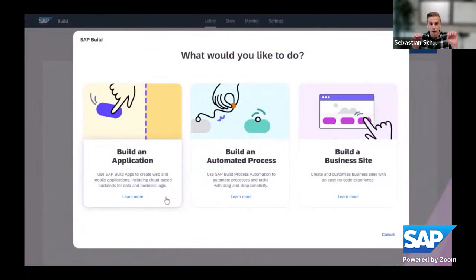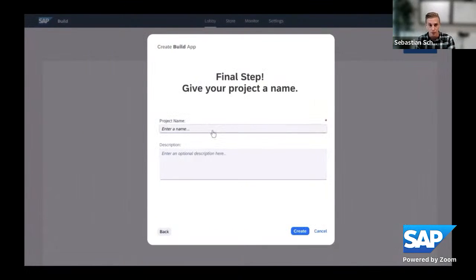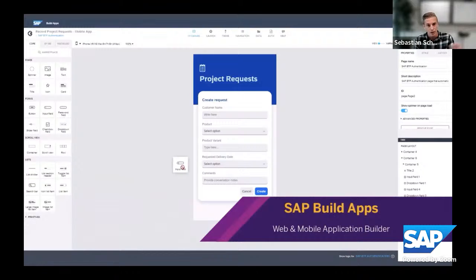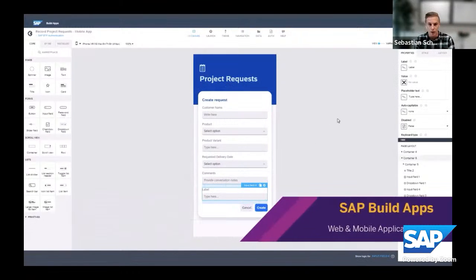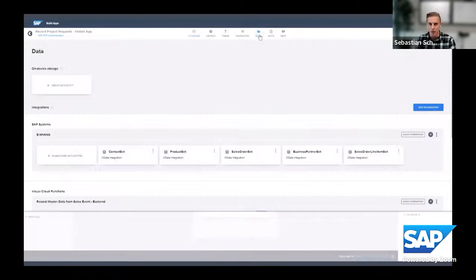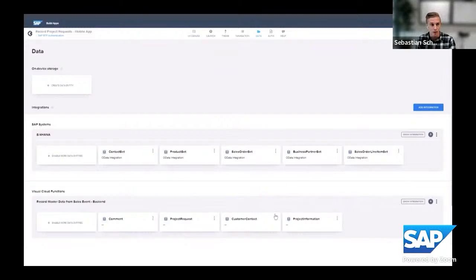We have an entry point for the business experts. So they enter SAP Build, and they are asked, let's build an application or a process automation. In that case, we want to build an application. And what you see here is now the power of low-code, no-code. I can create a full app without even coding. So this is the drag and drop experience that we know. It's actually something that we know from tools like PowerPoint, for example. So imagine people who can build a PowerPoint slide can also build a user interface in an application, because the user experience is more or less the same.